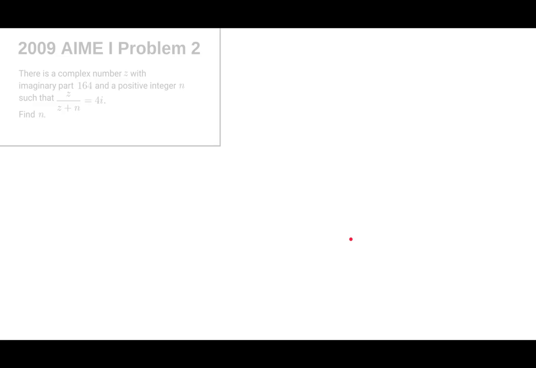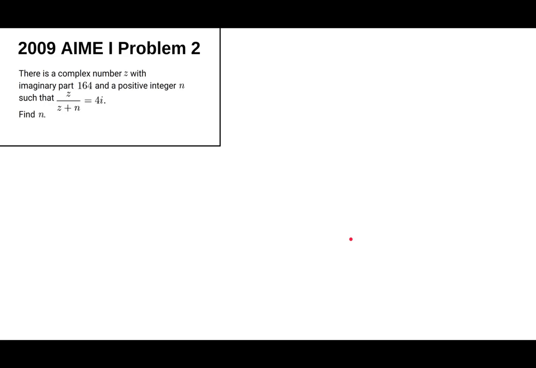Hi, today I'm going to be presenting 2009 AIME 1, problem number 2. There is a complex number z with imaginary part 164 and a positive integer n such that z over z plus n is equal to 4i. Find n. So the way we're going to solve this problem is, first let's multiply both sides of this first